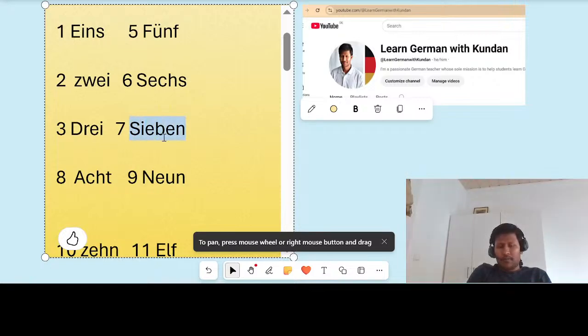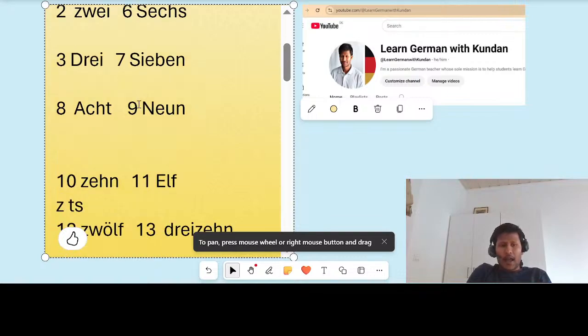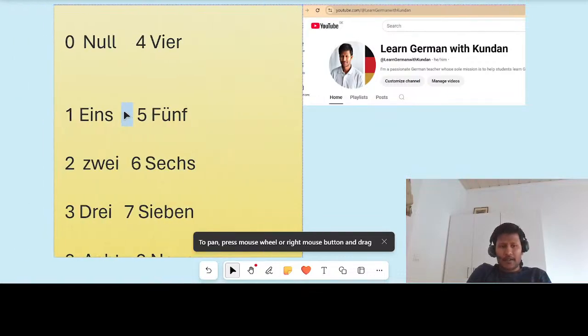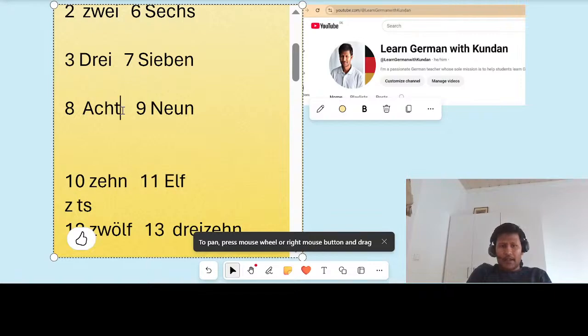Yeah, sieben. And because the vowels are coming after S, that changes to a ja sound. We have already seen that in the previous classes. If you have any doubt, watch those previous basic classes. Sieben, and then acht, yeah, 8 is acht, and 9 is